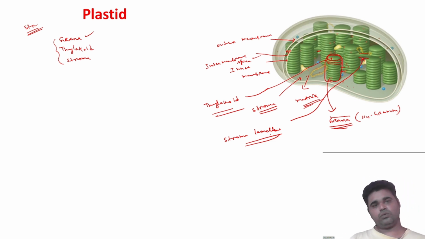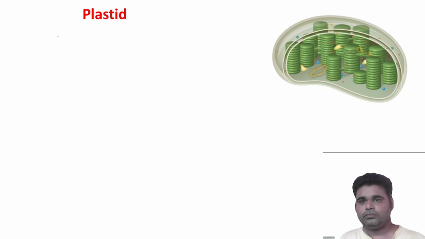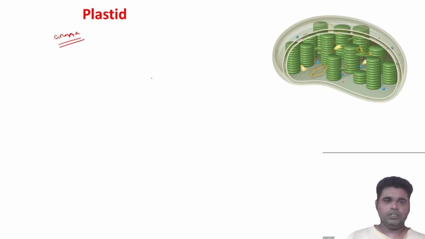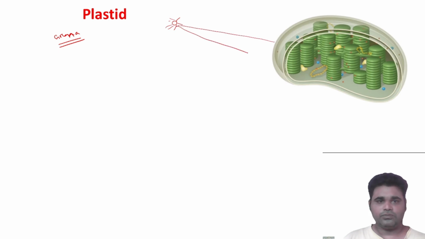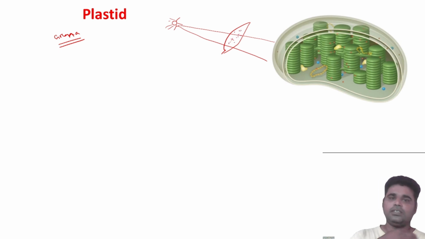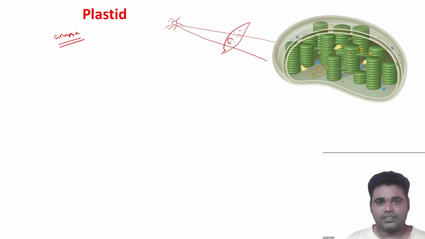So now come to the grana part. What is the function of the grana? When the light comes from the sun to, let's suppose, a leaf, there are many cells in the leaf, and inside the cell there are many organelles. One of these is called the chloroplast, and in the chloroplast, the granum, or the grana, actually